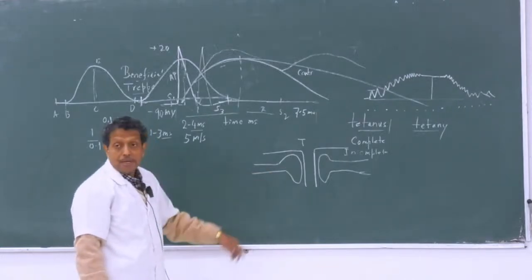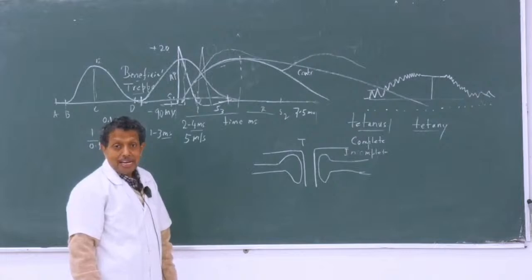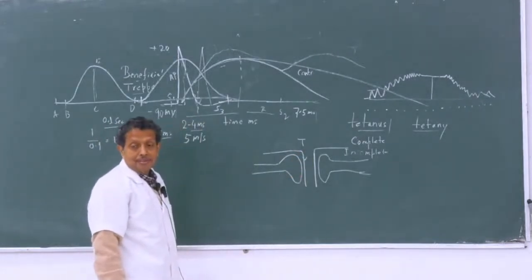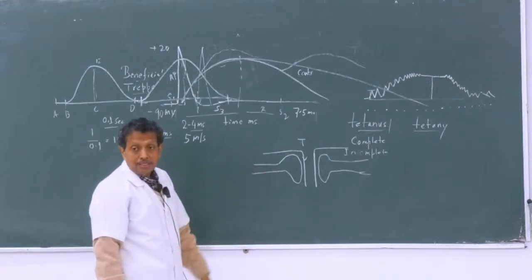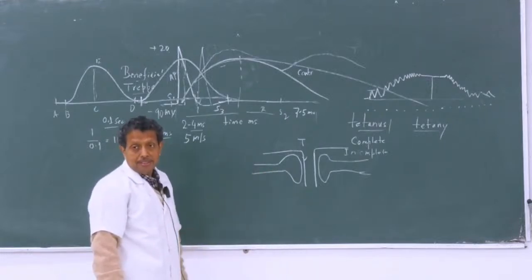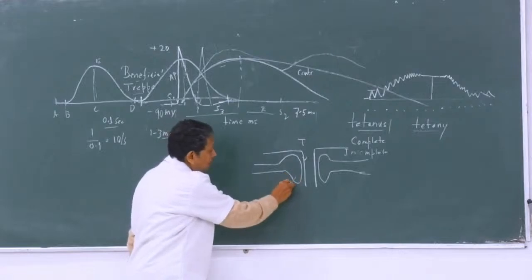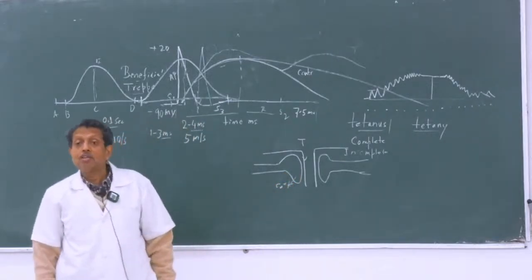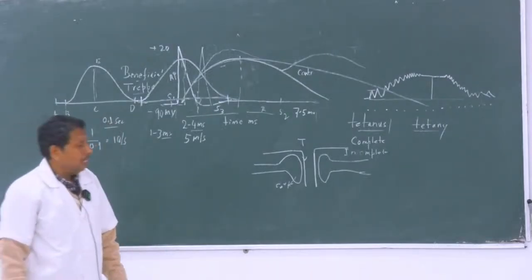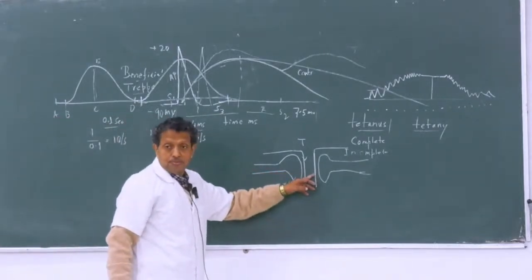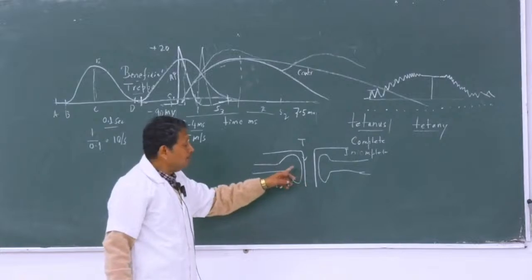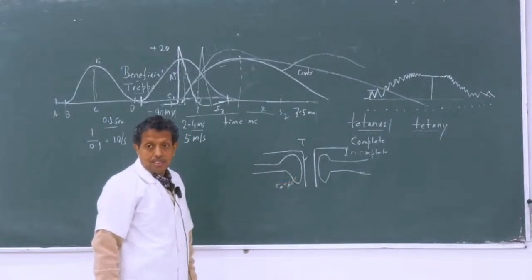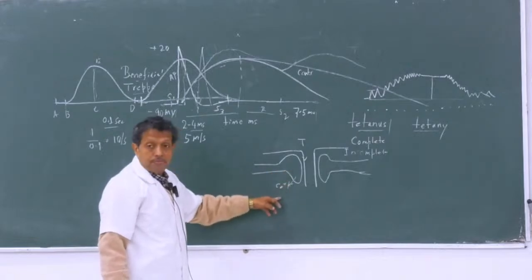And it is the longitudinal part, and the action potential is spreading through this, and by the interaction of this action potential, calcium ion will come from this. There is an interaction between the dihydropyridine receptor in these T tubules and the ryanodine receptor of the terminal cisternae. Calcium ion is poured in.